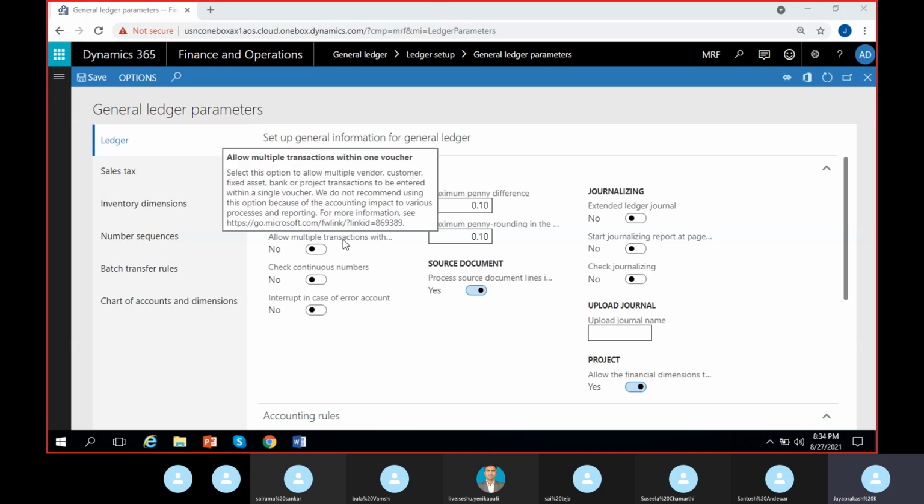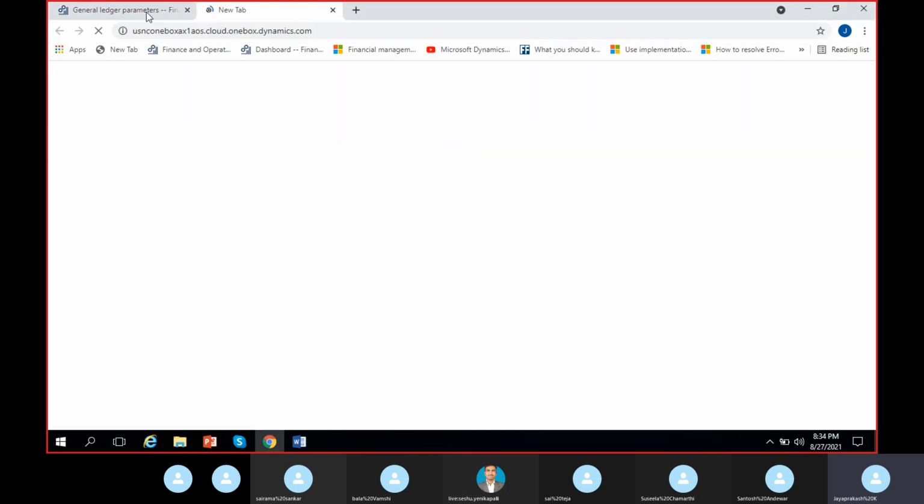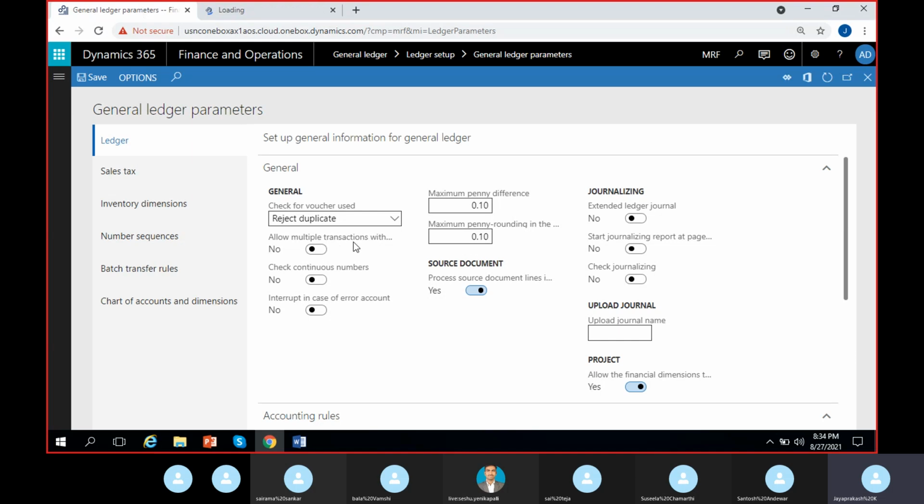Then I have this option, allow multiple transactions within one voucher. I'll show you why this one is used. This is used to have multiple customer accounts, multiple vendor accounts, or multiple bank accounts within a single voucher. Until now, we have done transactions ledger to ledger only. Normally you can do vendor to bank, customer to bank also, it will allow,